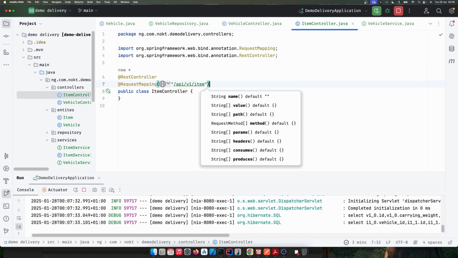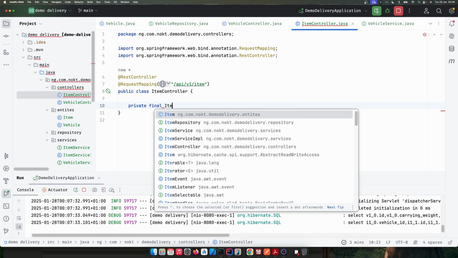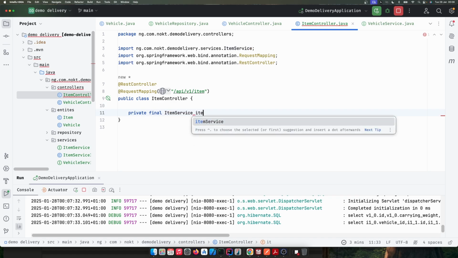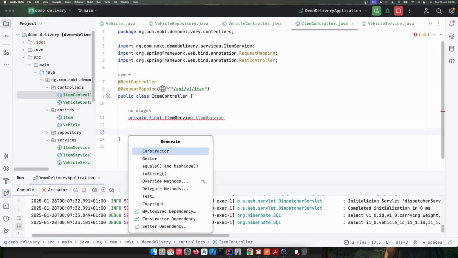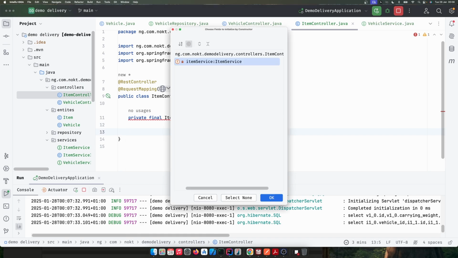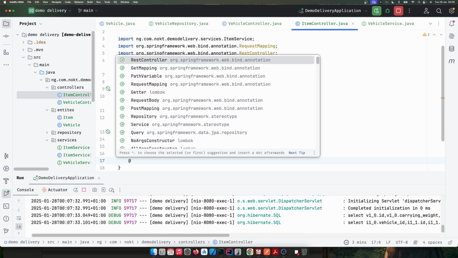So in this case, basically what we need is private final item service. So we just need the item service to be able to create the item. So we're going to initialize the item service using the constructor. So we have that. So now what we need is a post mapping